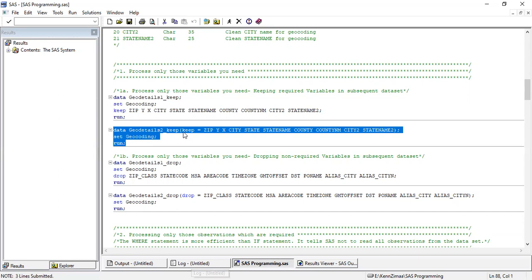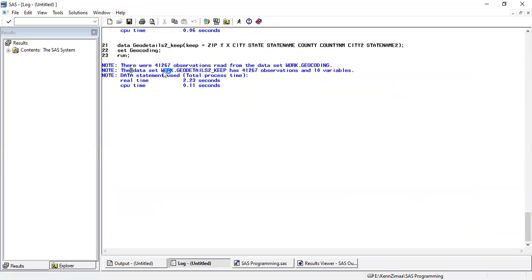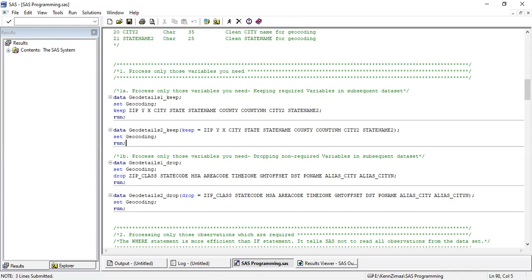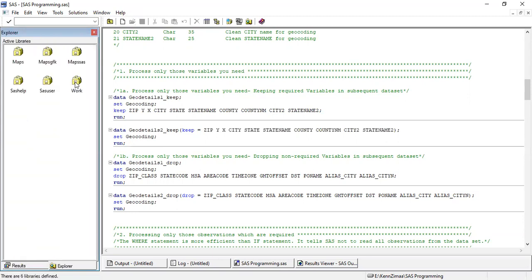So let's run. It says geo details 2 underscore keep has 41267 observations and 10 variables. Now let's say I want to check how my data set is looking.